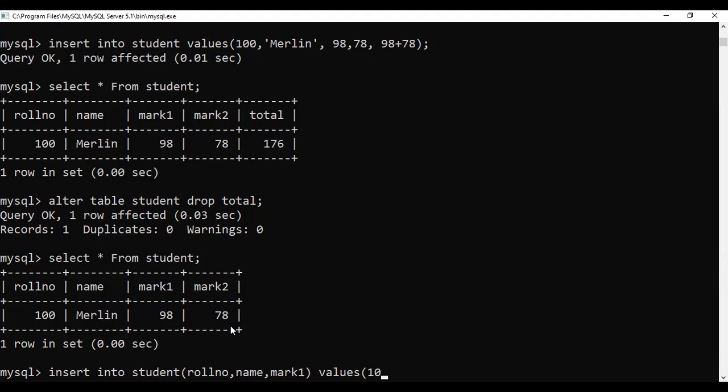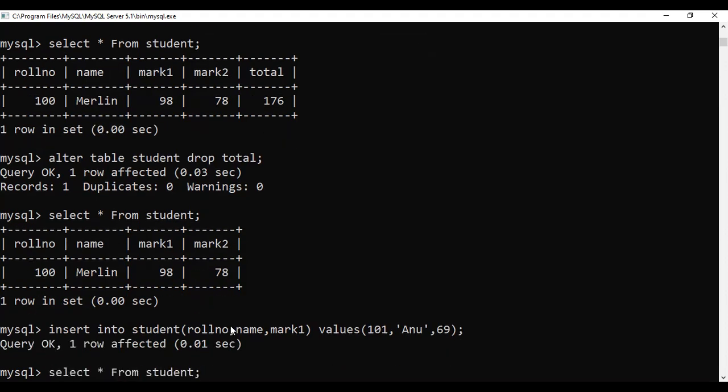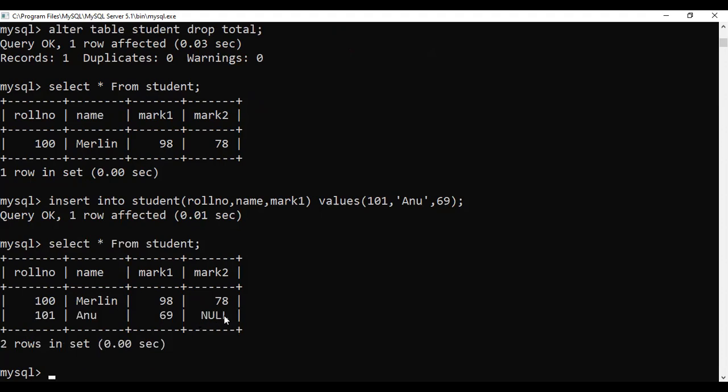So you can give like 101, and then 69. I didn't give a value for mark 2. So we will see select star from student. What happened? You can see the null value. Yes or no? Can you see the null value?